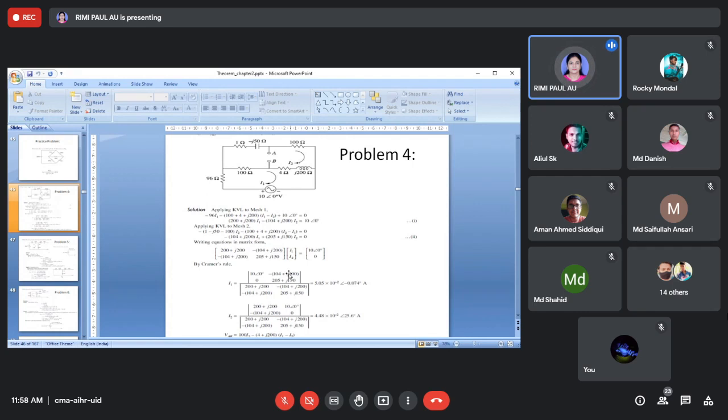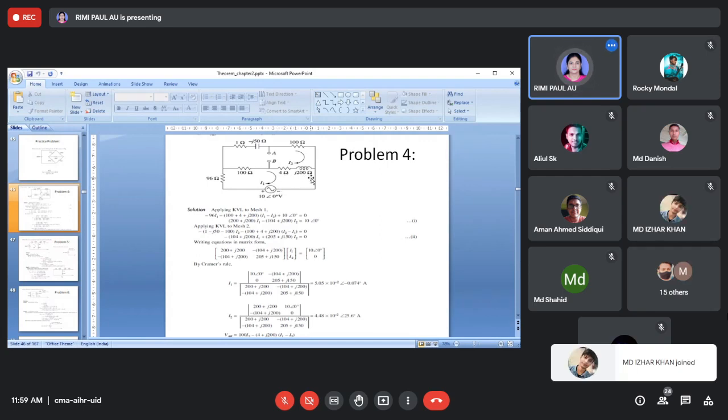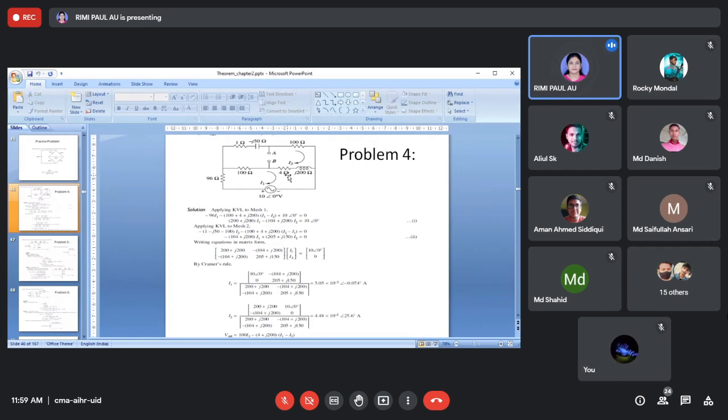If you get the currents I1 and I2, then you can find out the voltage drop across this path. The voltage drop across this path, 100 I2 of this branch, is equal to VA. And what will be VB? You can also find out from this path and this path, no problem. Either this path and this path, or this path or this path, anything you can take. And to find out VB, (4 plus j200)(I1 minus I2), that you can find out.